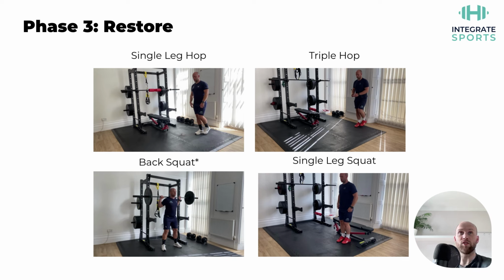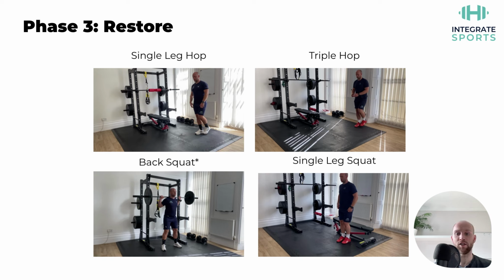In this phase, we're also trying to introduce some hopping-based movements or dynamic control-based movements and plyometrics, because, again, to prepare for a return to sport, it's not just about being able to produce force slowly or to demonstrate a whole lot of capacity in a muscle group. It's important that you can also produce force very quickly in small time frames, which is where plyometrics come in. Teaching muscle groups to produce force in short time periods is reflective of sport, where things are generally fast and explosive. There's jumping, landing, throwing, catching, tackling, whatever the sport might be. It's always in short time frames, not over long duration.